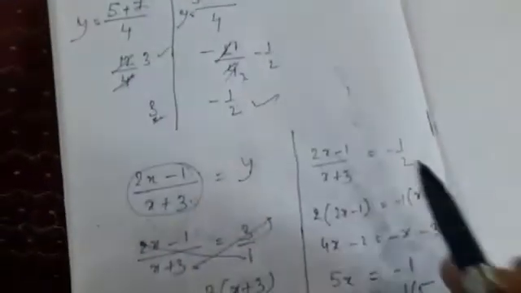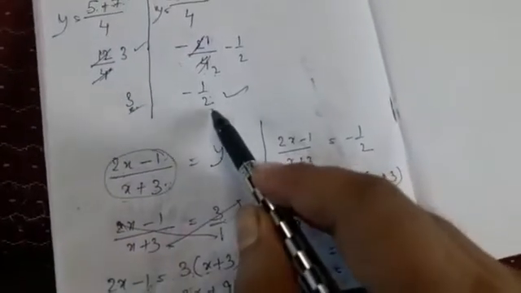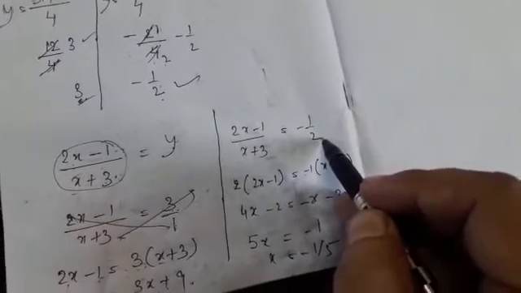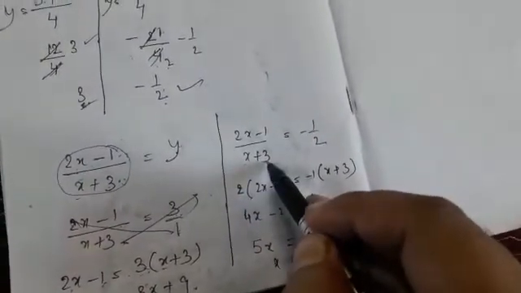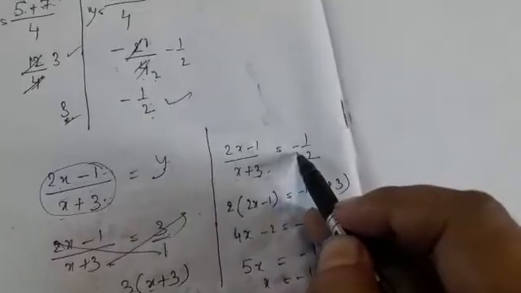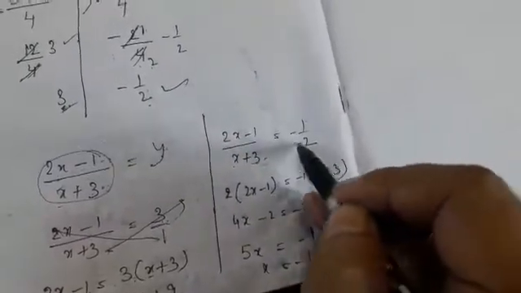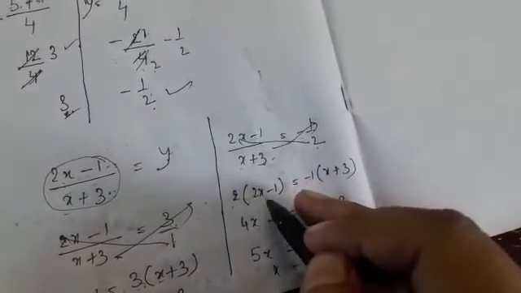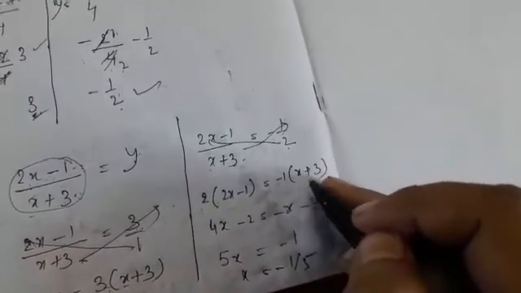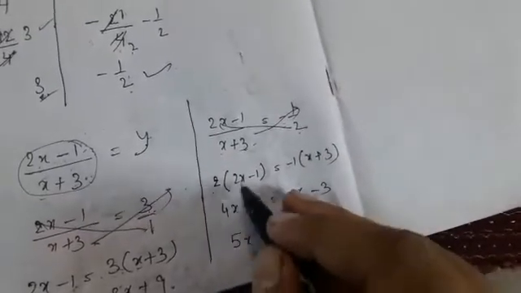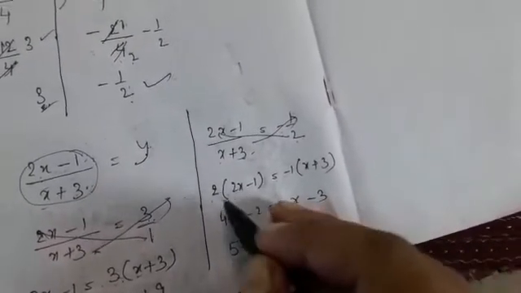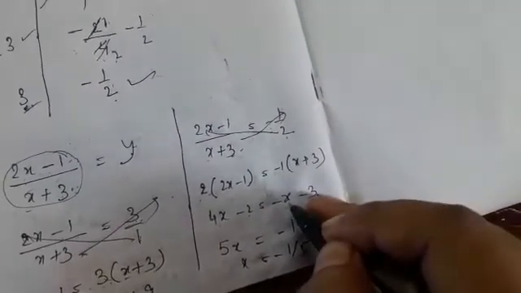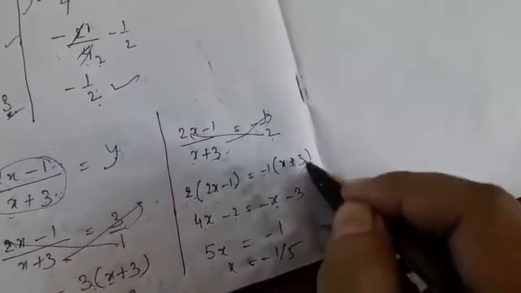Exactly similarly, you have to again place the value of y as minus half. So by putting minus half in the second case, you will get 2x minus 1 by x plus 3, which is your y, which you have assumed, and you are putting it as minus half. So you do cross multiplication, again you solve the linear equation. So you bring 2, so here 2 into 2x minus 1 is equal to minus 1 into x plus 3, right? So you open the bracket: 2 into 2, 4x, minus 2 into 1, 2, is equal to, plus minus is how much? Minus x into 1 is x, plus minus is how much? Minus 3 into 1 is 3.